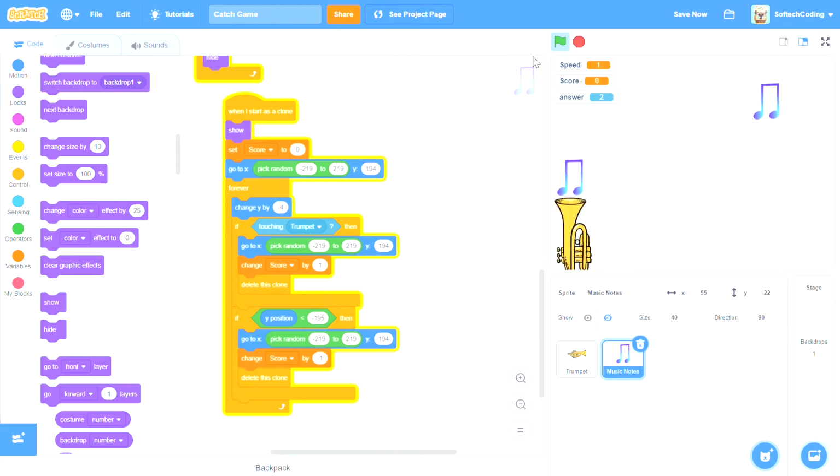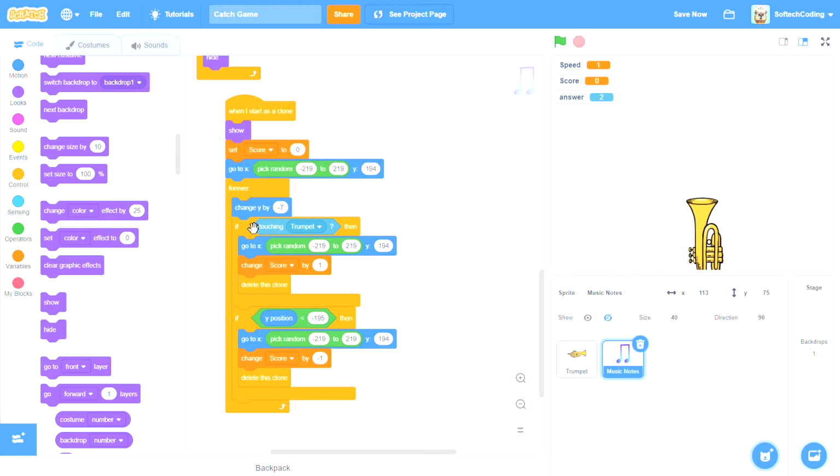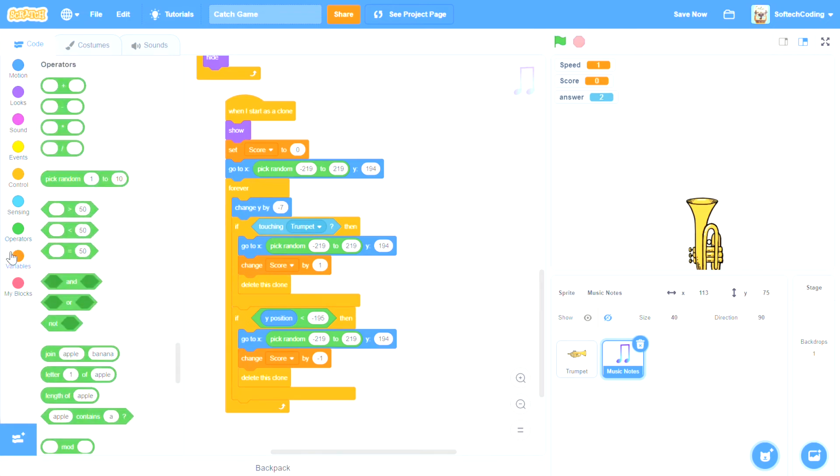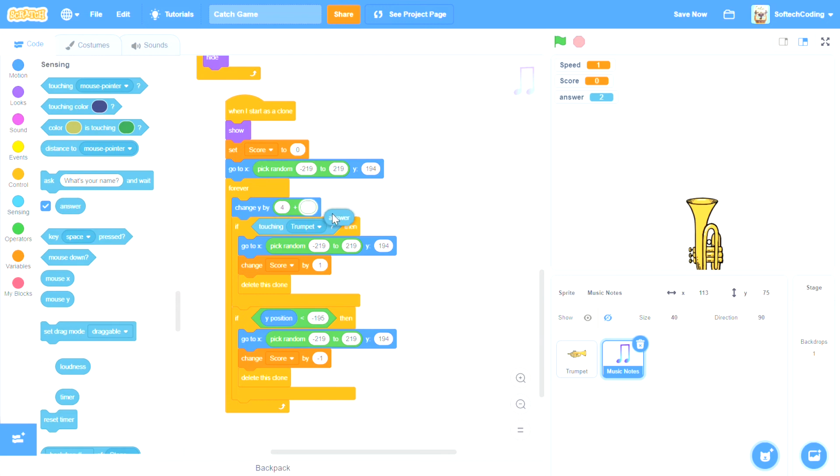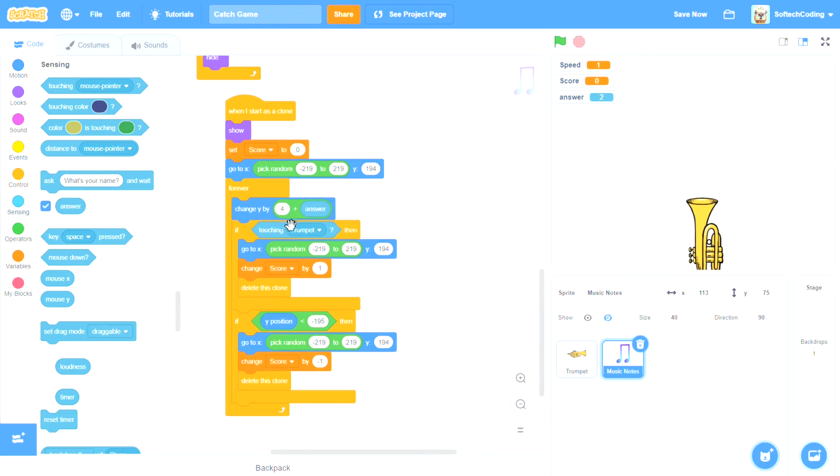All right. So we can also make them go down faster. If we change the Y by, let's say, -7, they go down much faster. And we can also change this according to difficulty. You know how we can do that? If we go to operators, all right, and we pull out this addition, because multiplication would be really mean, all right? So what if we have the change Y by as, let's say, 4, and depending on the difficulty you chose, so sensing, we're going to pull out our answer,